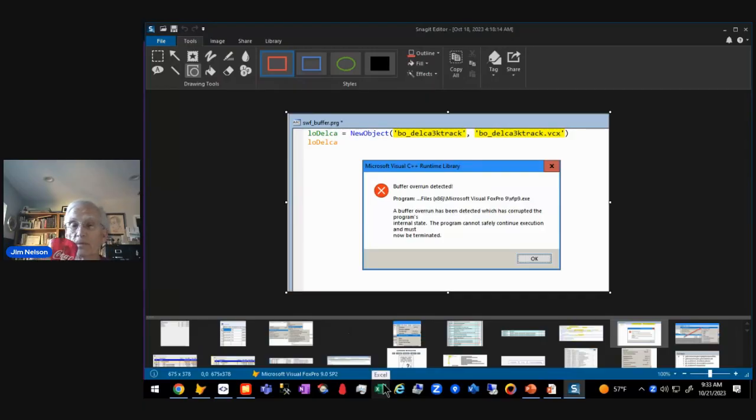This buffer overrun error, which actually bombs us out of Foxpro. That's a miserable thing to have happen at any time. And first of all, I want to tell you that this is a very rare error. We know what causes the error. It's actually FoxPro A members that can cause this error. We know what to do to prevent the error, and there are tools to help with this. So this is not scary, but I'm going to use this as an example